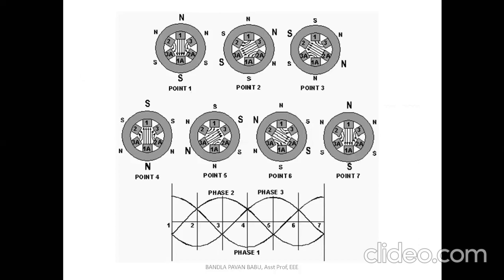You can see here at position 1 how it starts rotating. This is the stator magnetic field, and how the flux is developed in it. This is completely the stator part. So these are the different positions: point 1, point 2, point 3, in the sense 0, 60, 120, 180, 240, 300, 360 degrees. So for a complete 360 degrees, how the flux starts rotating. Continuously the direction appears to be clockwise.